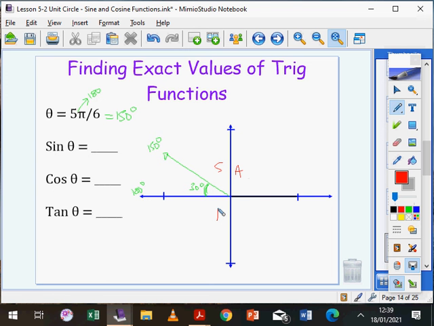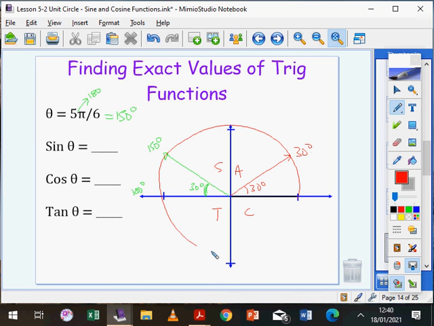But the angles in all these other quadrants have the same ratios as their reference angles, except for the signs, and the signs are determined by the ASTC. So the angle 30 degrees in this quadrant will have the same ratios as another angle in any other quadrant that has the same reference angle, 30 degrees. What I mean is, 30 degrees is in this quadrant. If I'm going around in a circle, in this quadrant, 150 has the same reference angle,